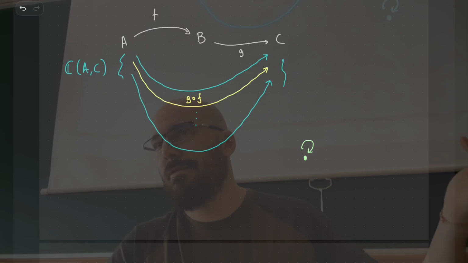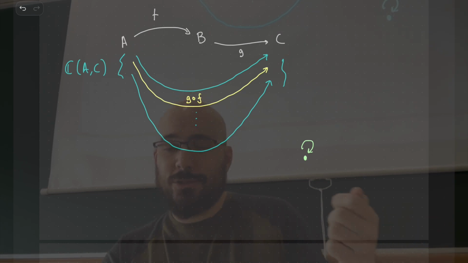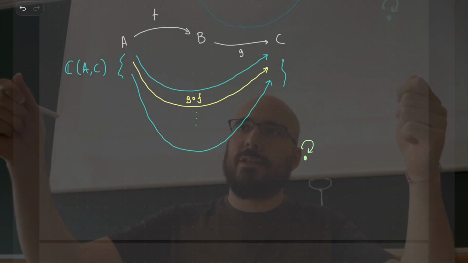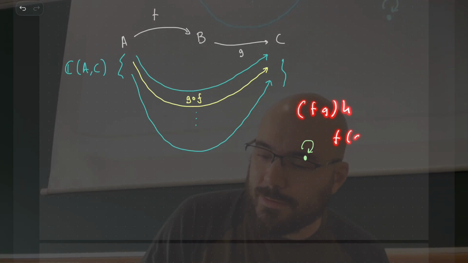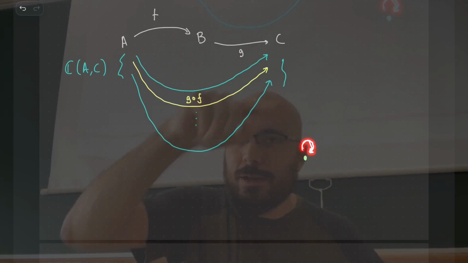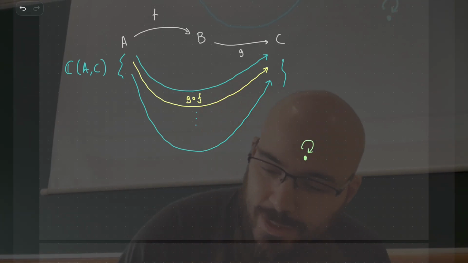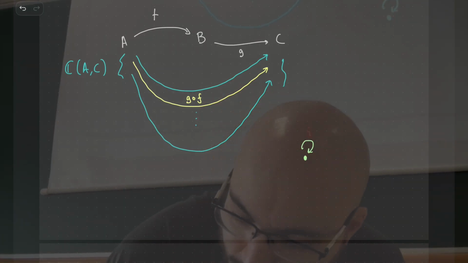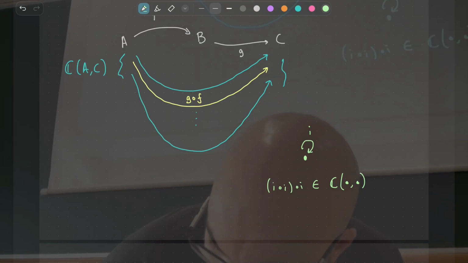So you need to check something. You need to check that the laws are valid. How could they not be? In order to break a law, you have to find some product where it makes a difference if you form it like that, or if you form it like that. But all the products you can put here are just repeating this, going around this arrow a bunch of times. And since it's the only arrow around, let's call this, I don't know, I. So I know that this thing is, I will write it like that, an arrow from the bullet to the bullet. And I know